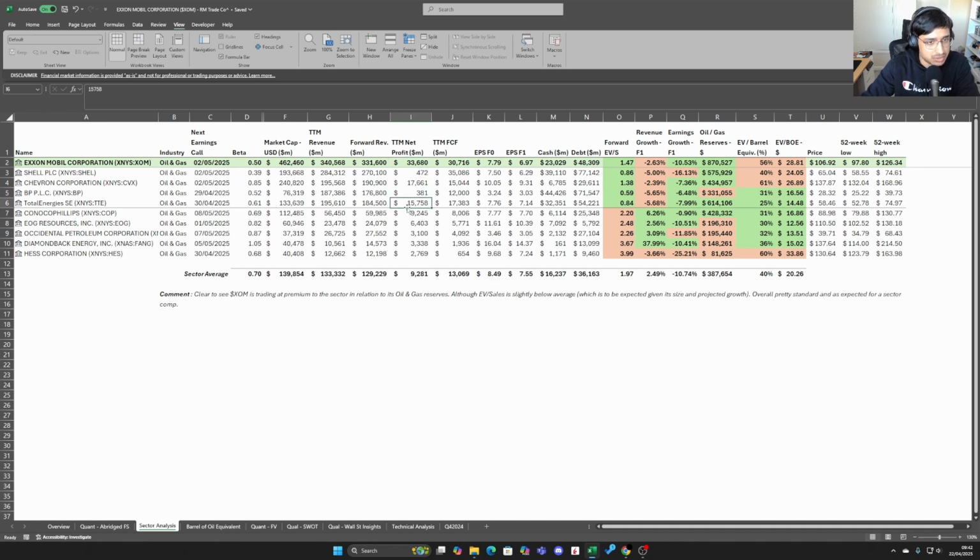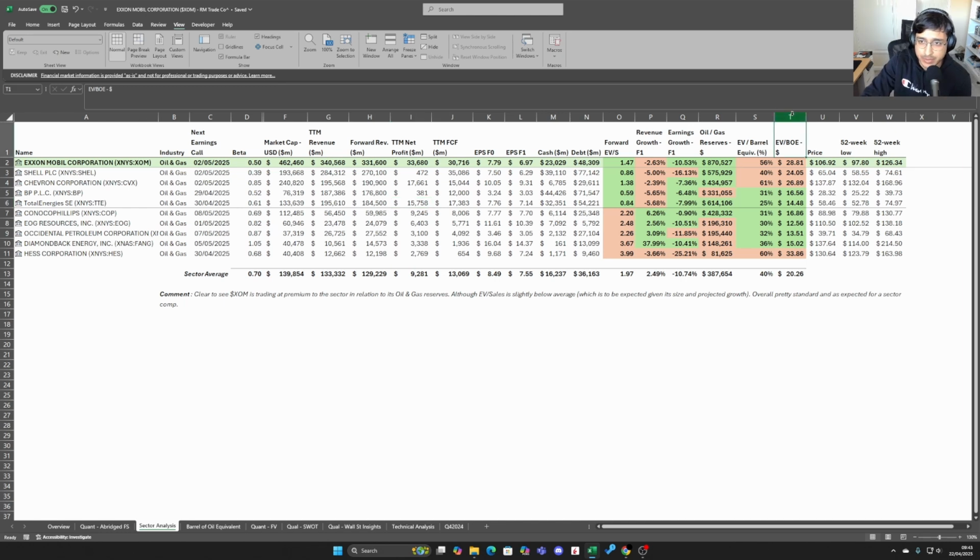Total Energy also did, to be fair to them, have fantastic net profit last year, but I think if you dig more into them, obviously I don't want to spend too long on the other companies, you'll see that again they have quite a lot of operational issues, and justifiably so, I guess. They also have a lower premium valuation.